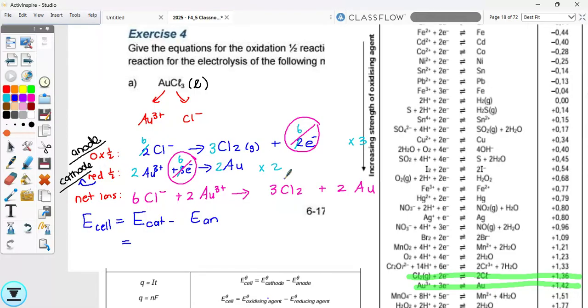So I know that was my gold reaction, and you just put in your value in there, and it's 1,42 volts. So 1,42 for our cathode, and then we go and look for our anode reaction. So that's the chlorine one. So you're going to say minus